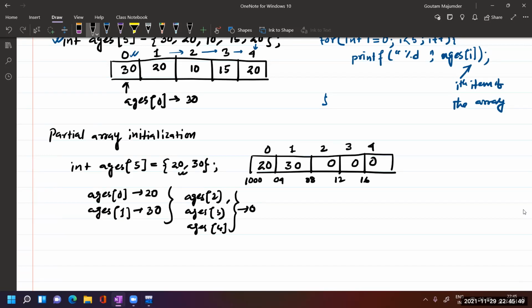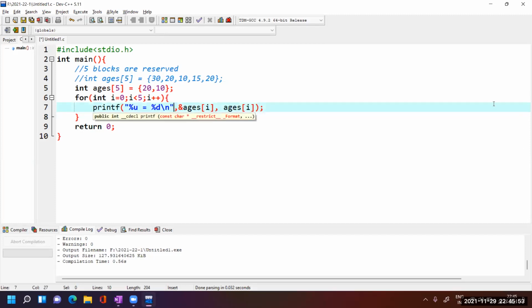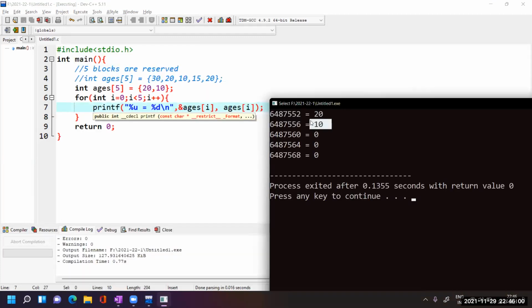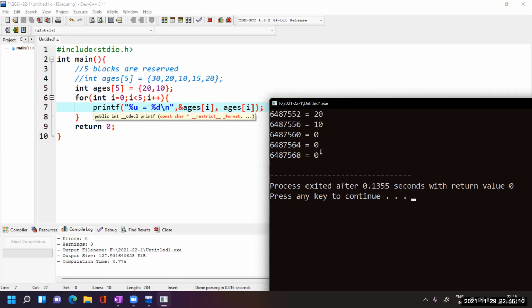So let's see in the compiler. Compile and run this. Now you can check. The first two items you have passed, partial initialization, the rest of the items are 0. This way also you can perform the initialization. Now let's see another way.